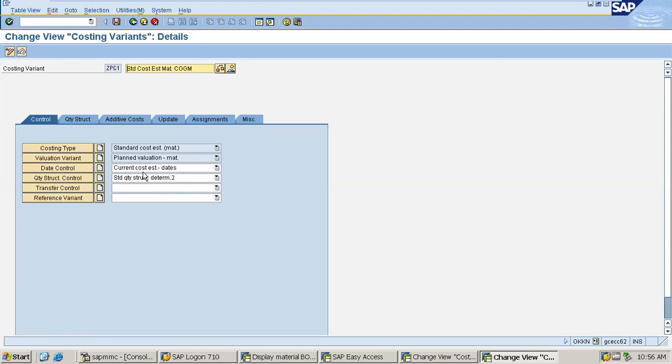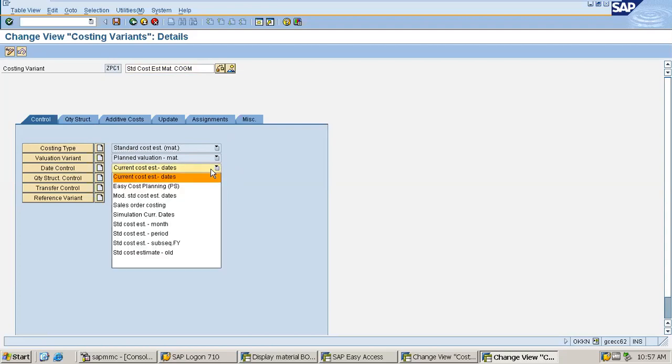One is costing type, and another is valuation variant. These two would be in frozen status and cannot be edited. The system itself has proposed that costing type would be standard cost estimate, and valuation variant would be planned valuation material. That would be good, but the rest you can control, like date control.